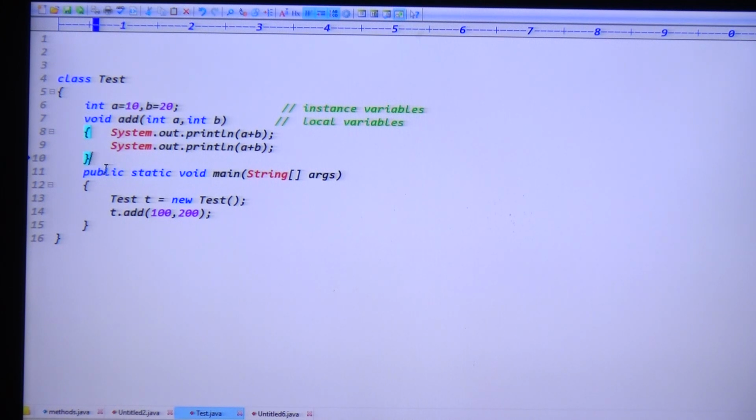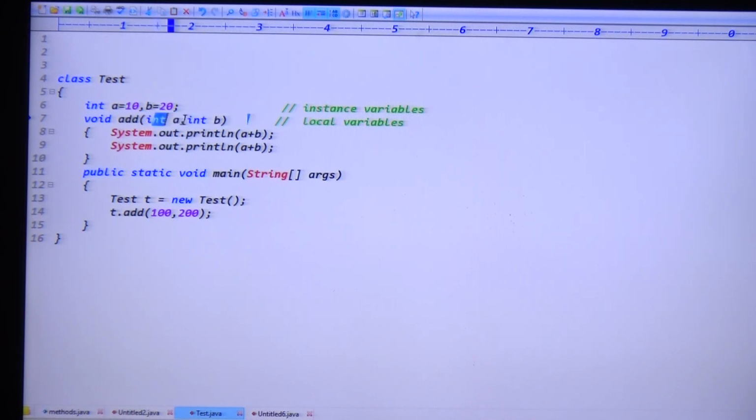Exactly. See, guys, the match between local and non-local, like in the cricket ground. Who won the match finally? Definitely local will win the match, right? Exactly. If the application contains a local variable and an instance variable with the same name, then the priority definitely goes to the local variable.